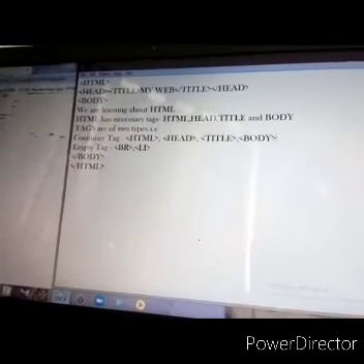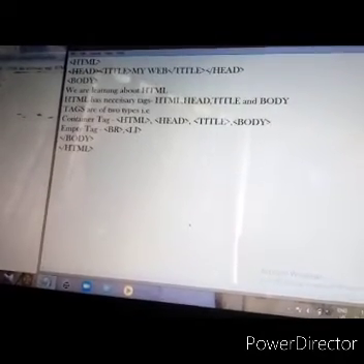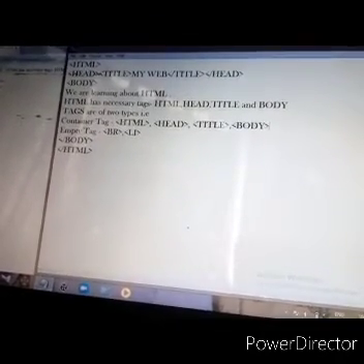How many lines of statement had we written? Let me show you. The number of lines we have written is 1, 2, 3, 4, 5. But here the web browser is giving you the information in a single line. What does it mean? It means that the web browser accommodates the text accordingly by its own. It can vary from browser to browser. So accommodation of text is done by itself by the web browser.